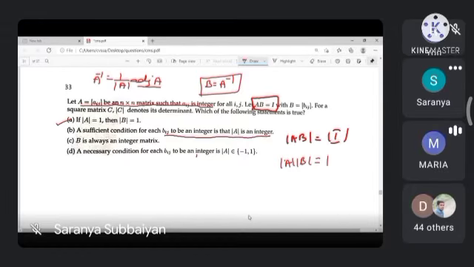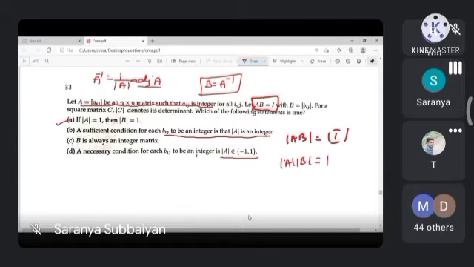Ma'am, option B is wrong. If determinant of A is equal to plus or minus 1, then A inverse is an integer matrix. Correct. Same problem as the previous problem we studied, right? Determinant of A is equal to an integer, suppose I am taking 2. So 1 by 2 will become a rational number matrix, right? Suppose I am taking 3. 1 by 3 into an integer will again become a rational number. So I said clearly, right? The determinant of A should be plus or minus 1. Then only will A inverse become an integer matrix.